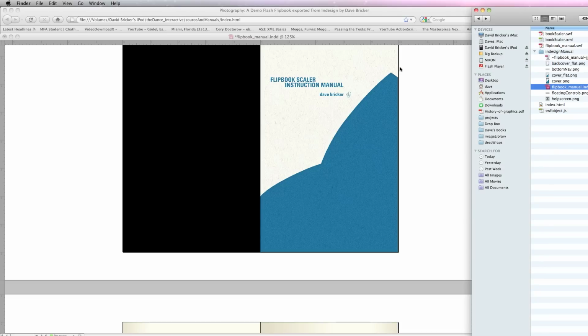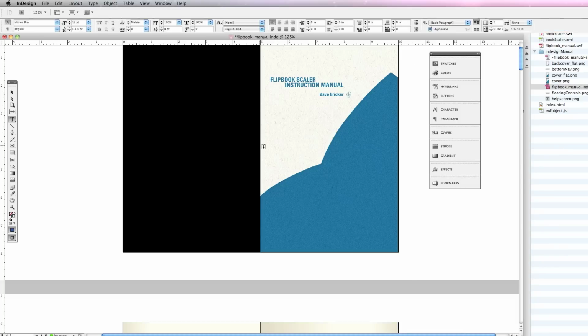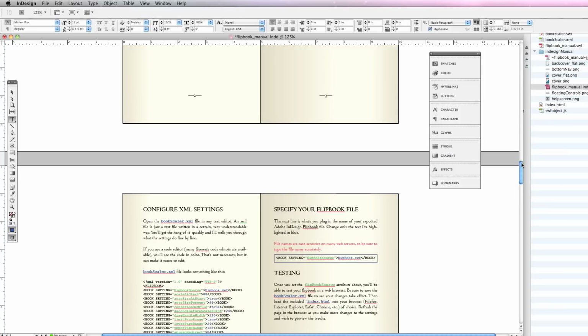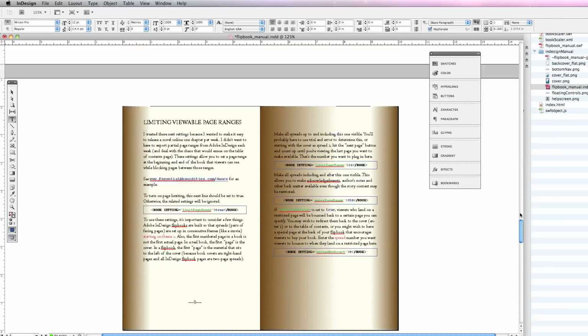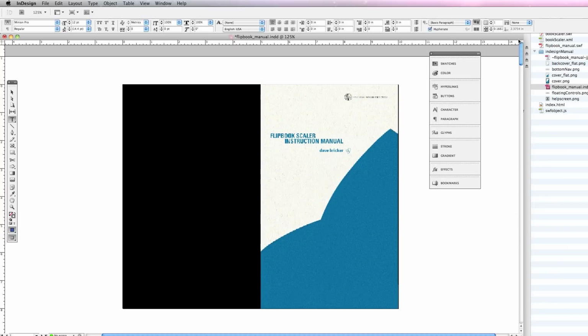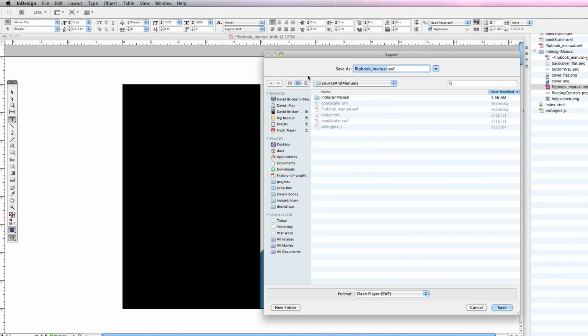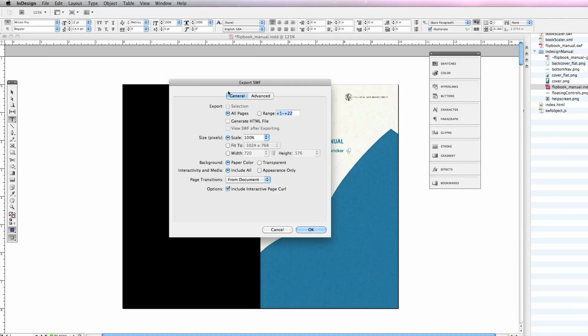I've started here. I have the InDesign file, and what I've actually done is written up a manual for how to configure it, which you'll see later. But here's the book, and I'm going to go ahead and export that book. And just for review, I have my folder here. Here's my file. I'm going to hit save, replace my existing one, and I'm going to click include interactive page curl,